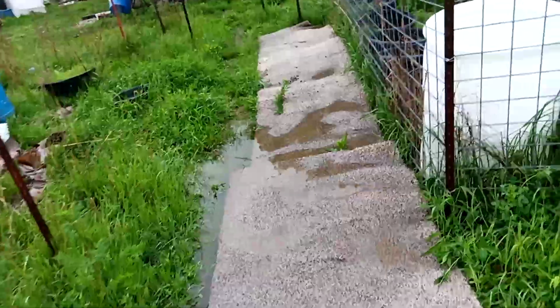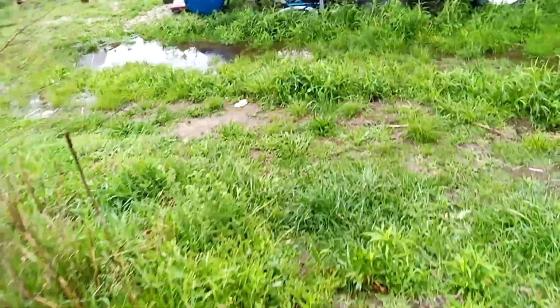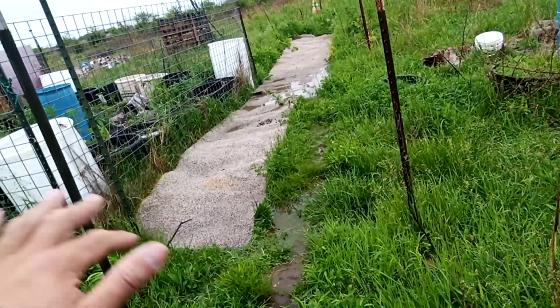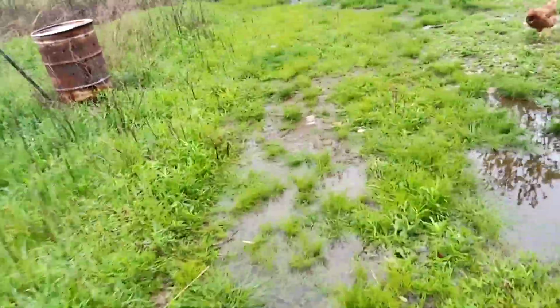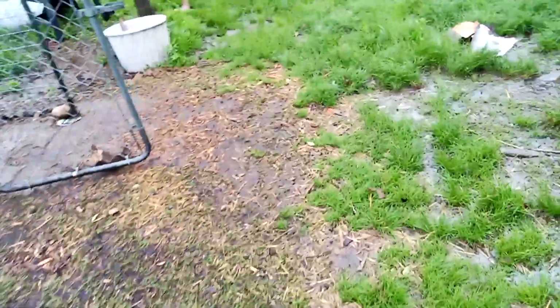Well, let's go check on the goats real quick. I'm sure they're out, but I'm going to go double check. And this is our trail. I'm putting down carpet for the trail. And that also acts as a weed barrier. Maybe I'll do that next, or this winter in the garden. Put some carpet down to keep the weeds from growing, and then put dirt over the top of that when I'm ready to do my watermelons. We'll see. I'm not sure how they'll do growing over the top of carpet. But you can pick up used carpet for free. Just find a local carpet installation place and pull all the old carpet out of their dumpsters, with permission,